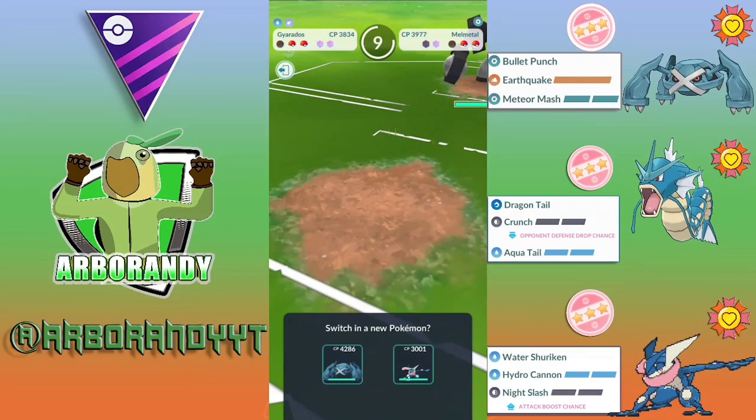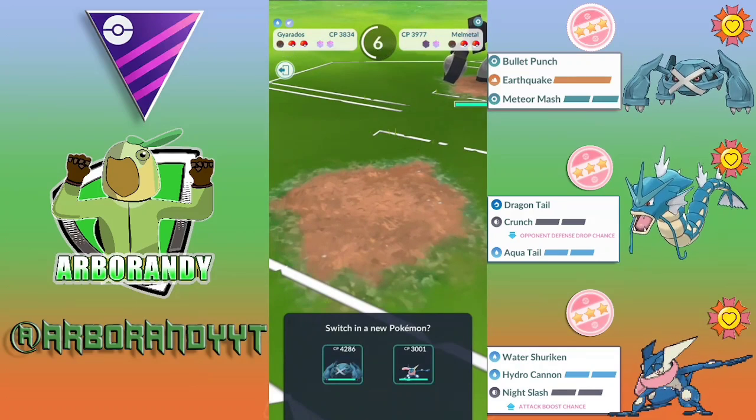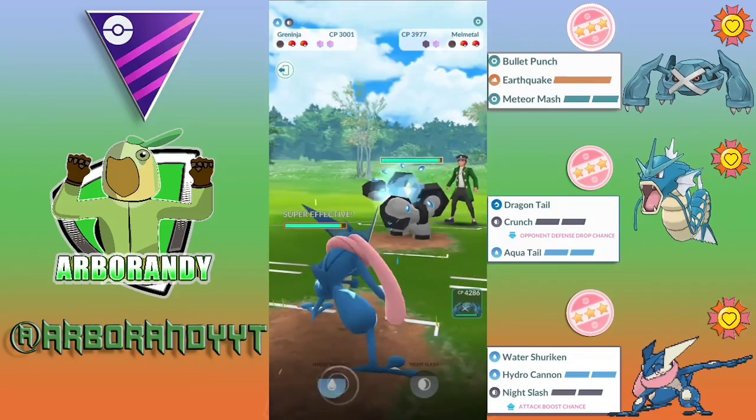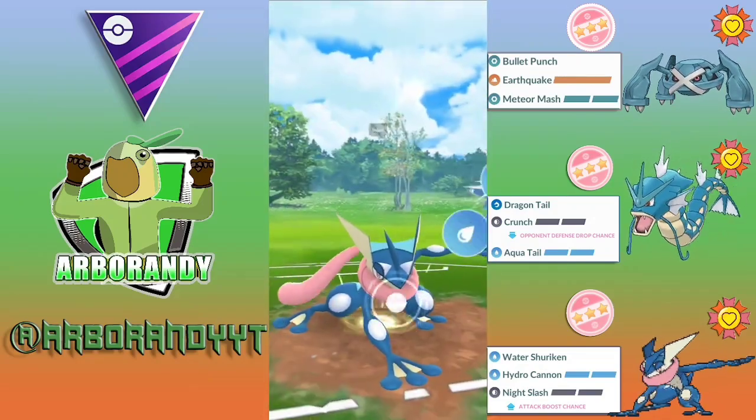So we've taken shield advantage and switch advantage, and it's a good thing that we did because there's a Melmetal. So because we can come in with Greninja here and throw these neutral Hydro Cannons. Now we will be